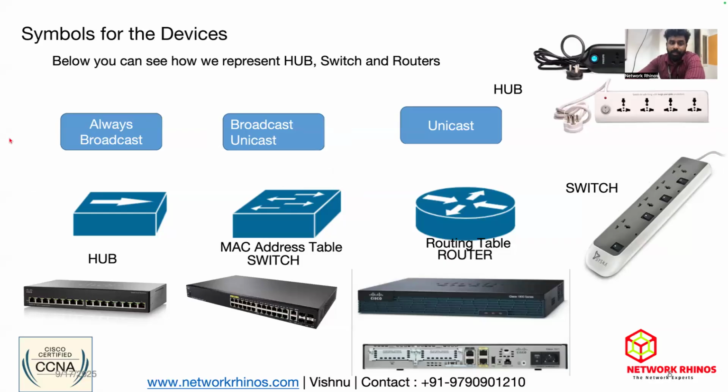Now routers are always unicast, meaning if a broadcast packet comes in, routers don't even allow it. Through routers, a broadcast cannot go. Why? Let's imagine. Broadcast means what? One to all, correct? If you're sending a broadcast to your home router, and that home router allows the broadcast to the internet, on the internet we have thousands of routers. This broadcast will go to those thousands of routers, and those thousands of routers will again send the broadcast to further devices. That's why it's very dangerous. Your entire internet will collapse. That's why routers do not forward the broadcast packet at all.